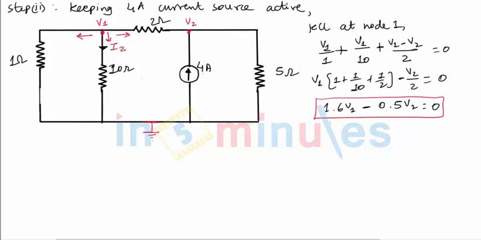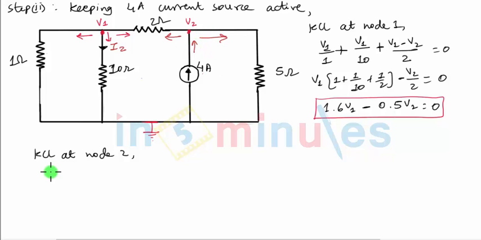Let us now find out the second KCL equation. So let's say KCL at node 2. Because there are three branches, we will define three outgoing currents once again. This is current number 1, this is current number 2. But instead of defining outgoing current in this middle branch, because there's already a current source here with the direction that is incoming to node 2, I will not disturb that direction, so I'll define incoming current.